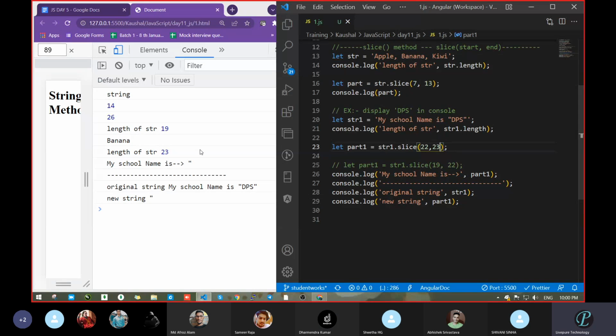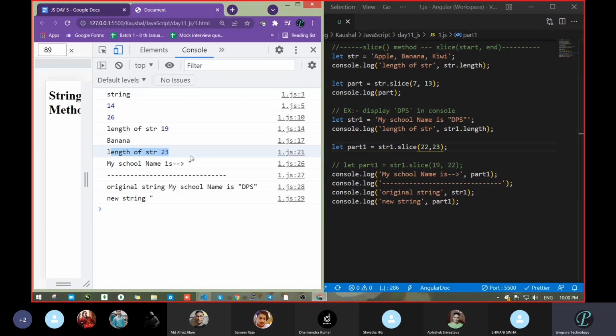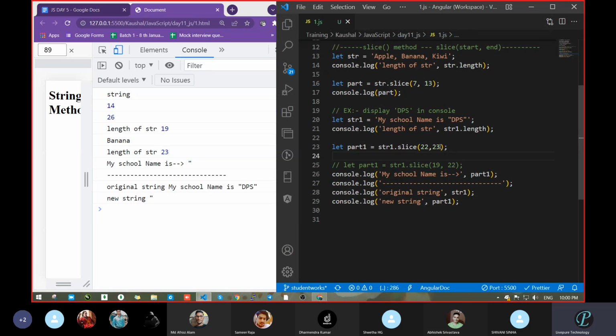Because see this, 23 is the last length of the str. But I don't know whether 23 will be last, or 22 will be last for anyone. I want to pass one universal value. Whether you have 50 also, it will be accepted. Got my point? Which value can I pass here in place of 23?